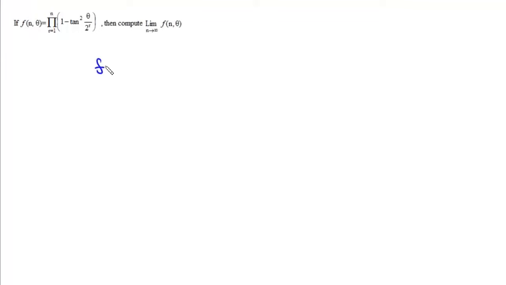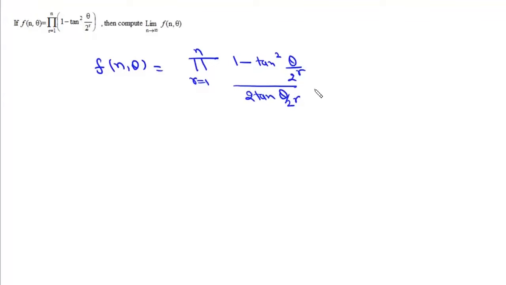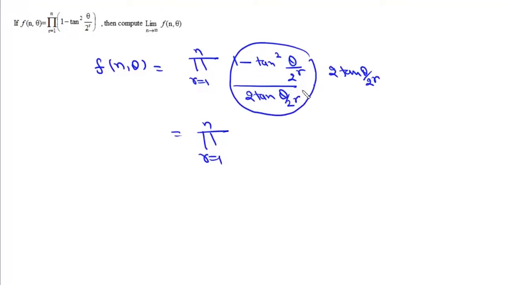Now in this question we are given this f n theta, and it is given as this product r varies from 1 to n, 1 minus tan square theta upon 2 to the power r. Now what we'll do is, we'll multiply and divide it with 2 tan theta upon 2 to the power r. So it will be this product r varies from 1 to n. Now this is tan 2 theta. So it will be this 1 upon tan theta upon 2 to the power r,